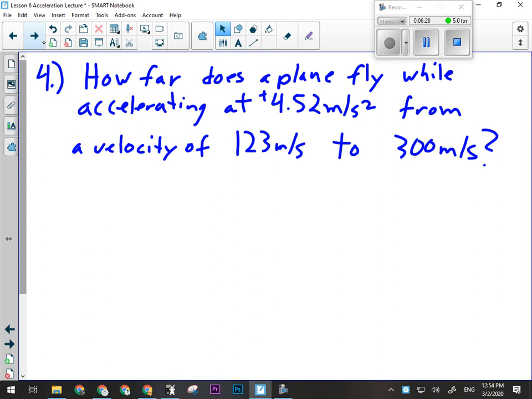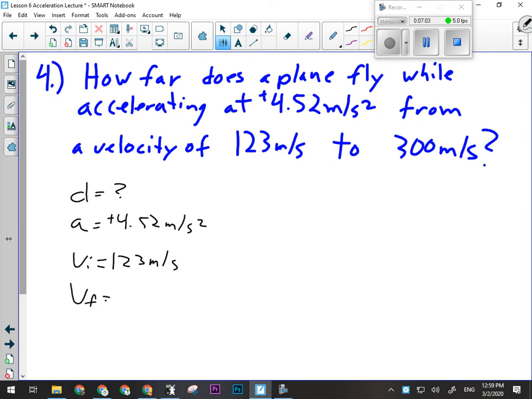Try this one. You're looking for how far a plane flies while accelerating at 4.52 meters per second squared, starting from a velocity of 123, going to a velocity of 300. Okay, so you're looking for D. So let's have a look at this one here. We're looking for how far the plane flies, so we're looking for a distance. That's our question mark. It's accelerating positively, 4.52 meters per second squared, from 123